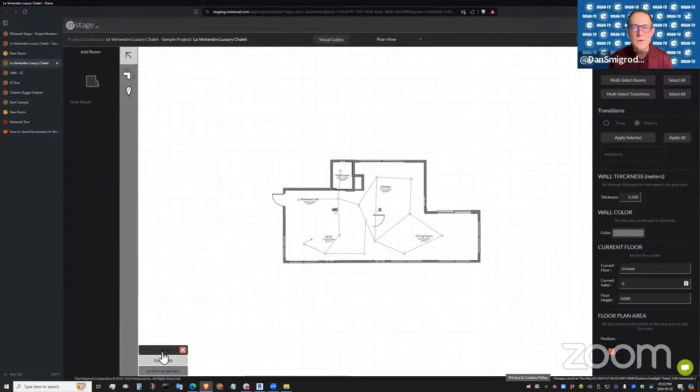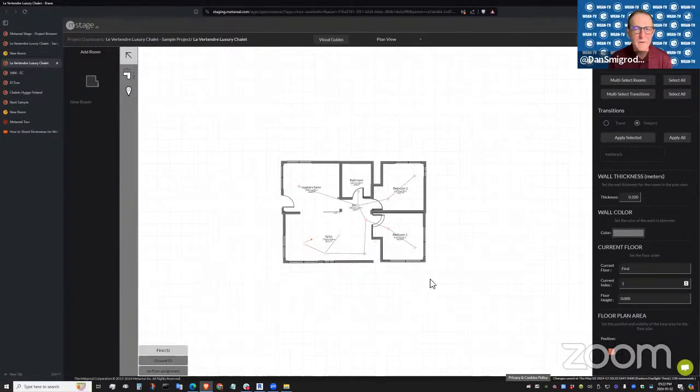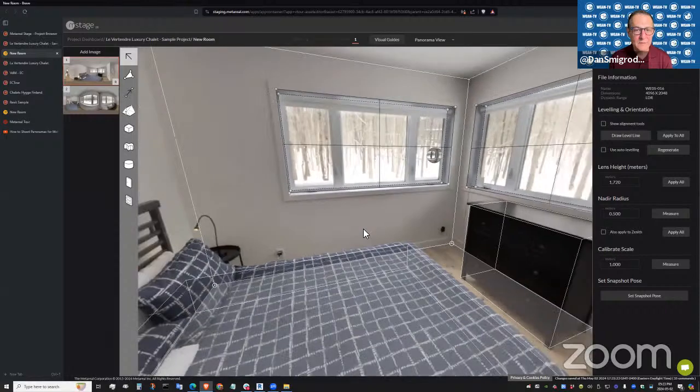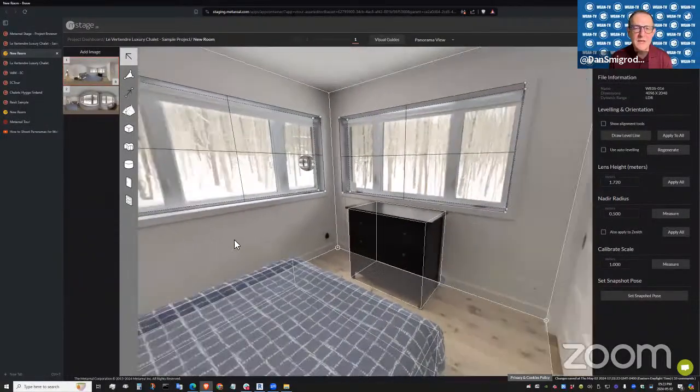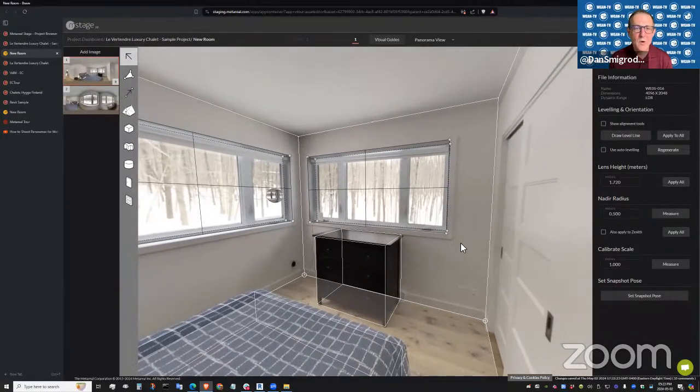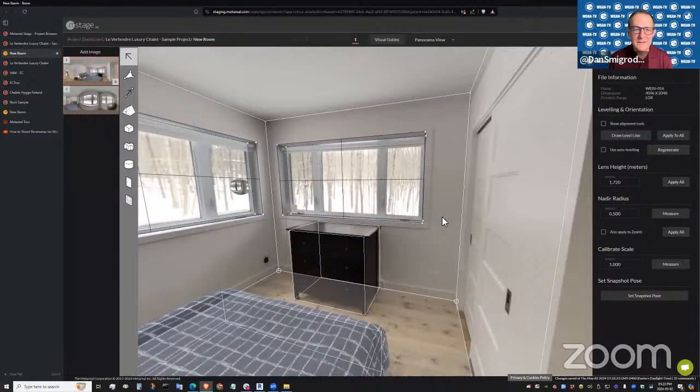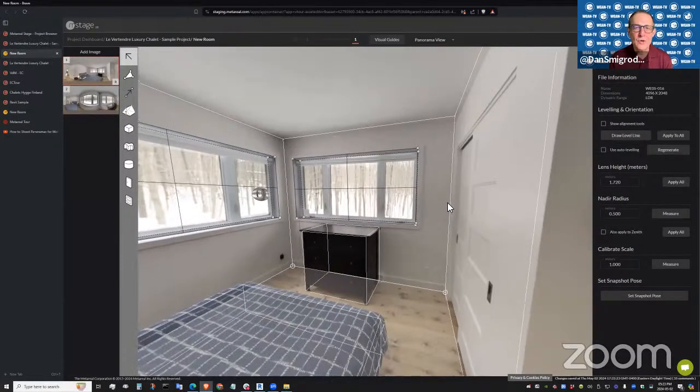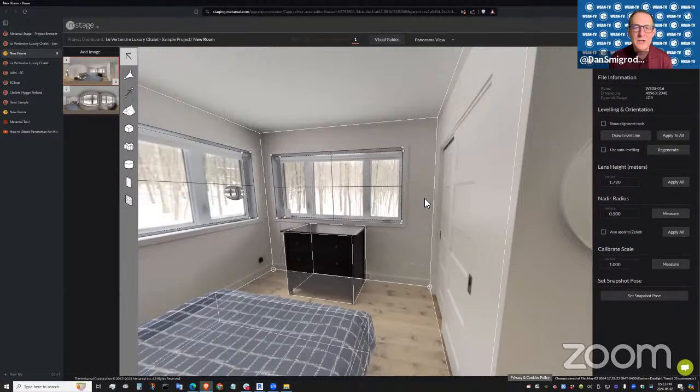Well, just for clarification, because I just want to drive home this point: everything you've just shown in the room editor, the screen before, yes, in the room editor, you have a choice. You can either do this yourself, or you can let the MetaReal Stage team do this for you. That said, it's probably a good idea to actually know how to use the room editor so that if you wanted to make any quick changes or touch-ups after you get the job back, you'll know how to do that.